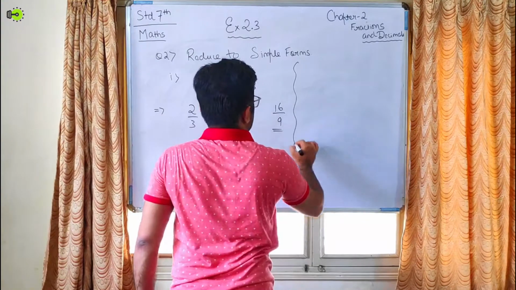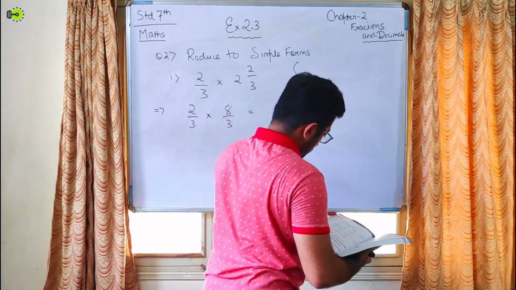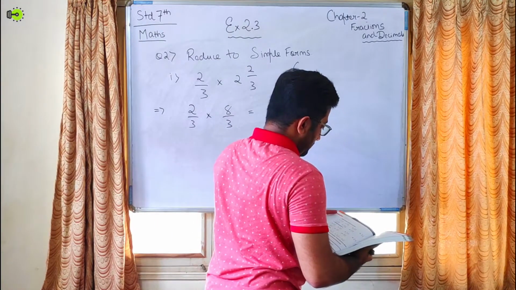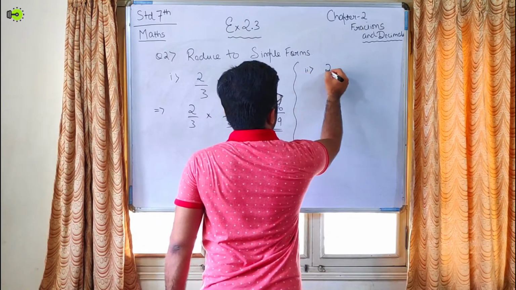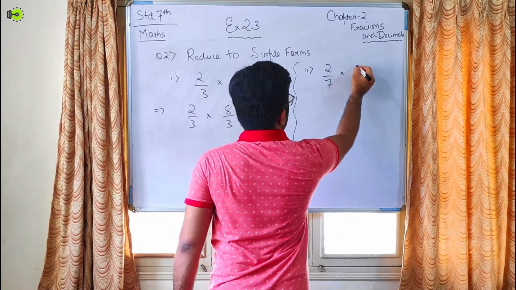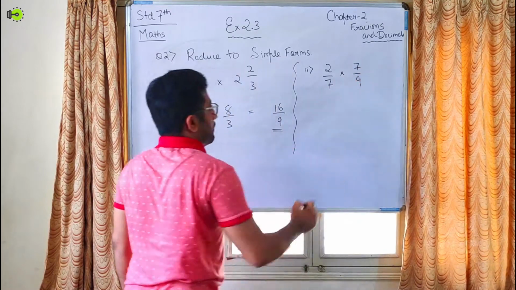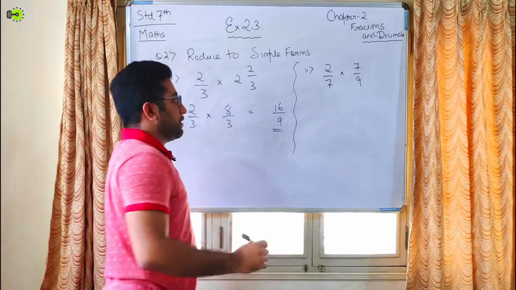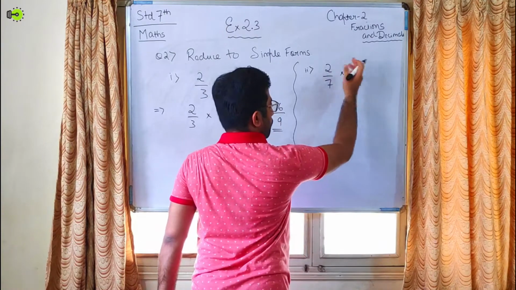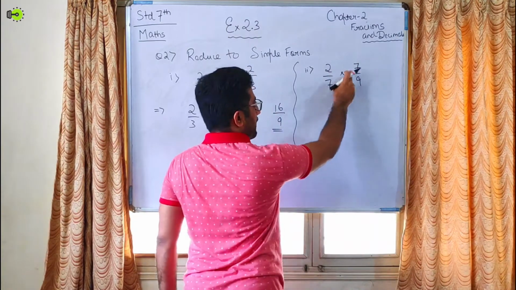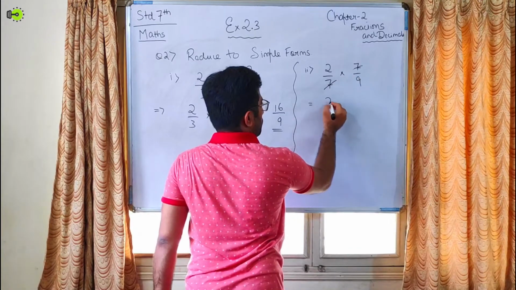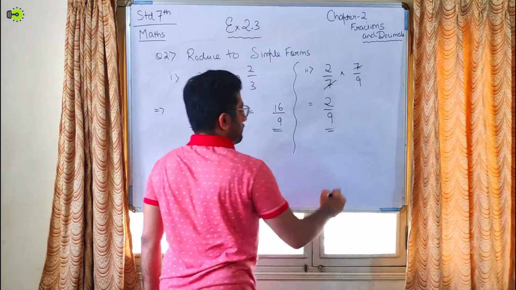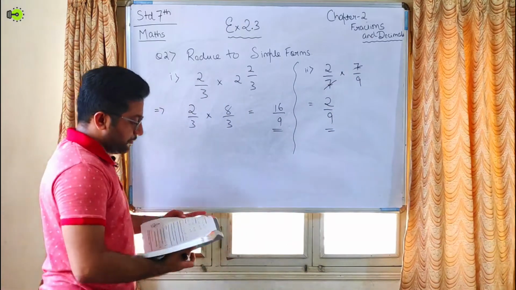Similarly, let us try the second one, that is 2/7 into 7/9. First of all, we'll check whether there is something in common. Yes, if you look at it diagonally, 7 and 7 is common, so we'll cut it out. Your answer will be 2/9. Okay, similarly,